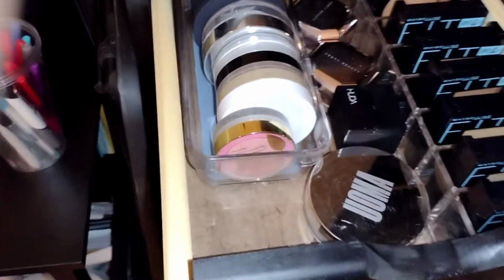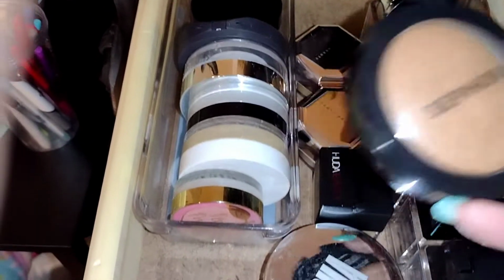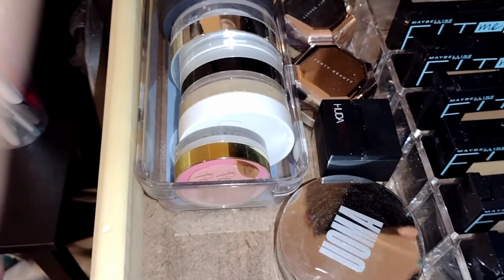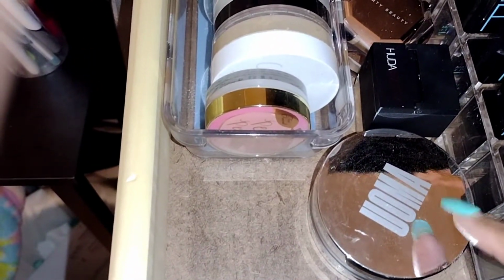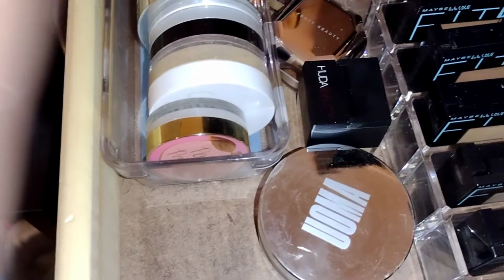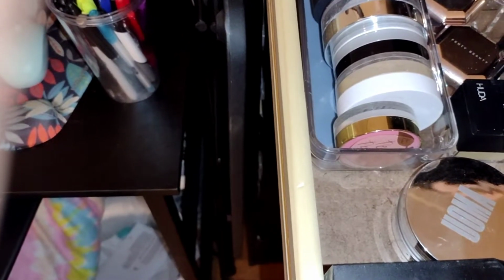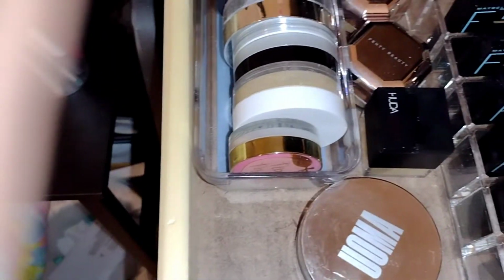And then I may take the Sephora Best Skin Ever. May take that one. And then I have a little canister that I can use for the setting powder that I want to use, which is the Uma Trip and Smooth. I can take that canister, and that way I don't have to take this big bulky powder with me. Okay, so